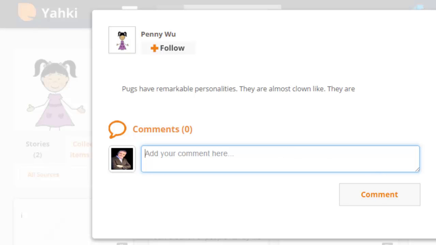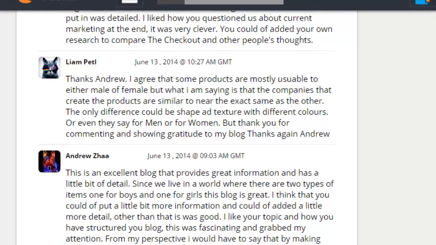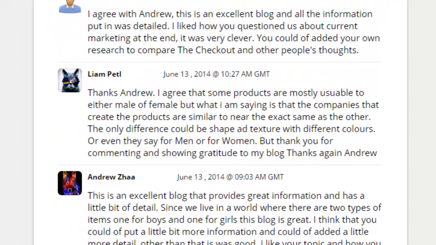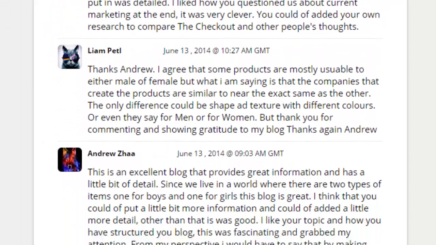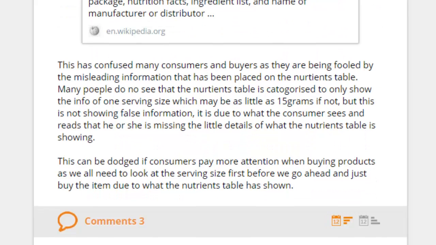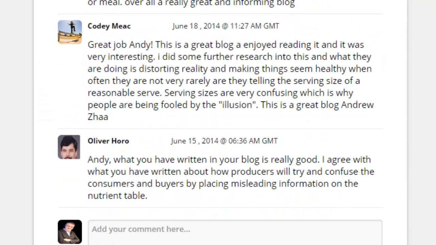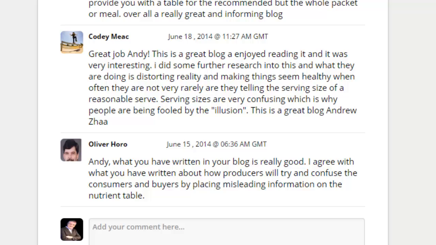can provide feedback. Feedback is another factor which Hattie's research showed to be at the stronger end of influences. Feedback is also evident when students engage in threaded discussions in Yahki, as can be seen here in the case of Year 9 or 9th grade students who are discussing the issue of gendered marketing. In this example, students not only created a report, but they were able to provide feedback, engaging in a discussion.